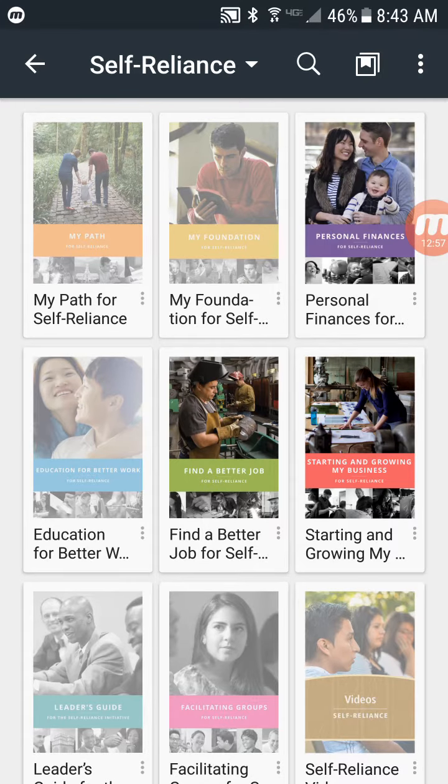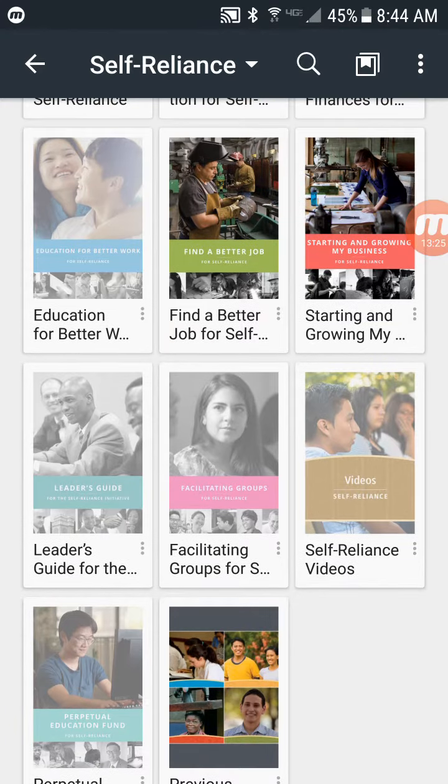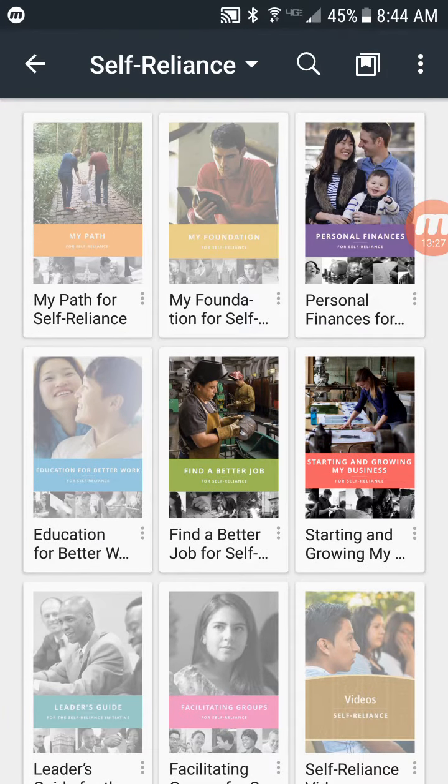That's the personal finance one that just teaches you how to form a budget and teaches you about the envelope system, or that you can find apps online to develop a budget and control your financial situation. And there are other self-reliance apps on here for self-reliance education. Anyway,